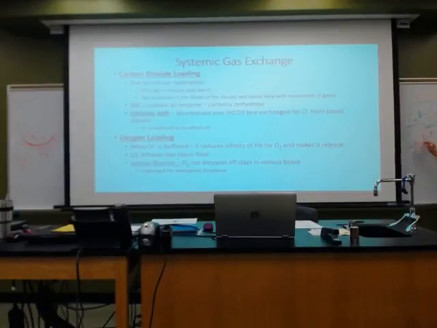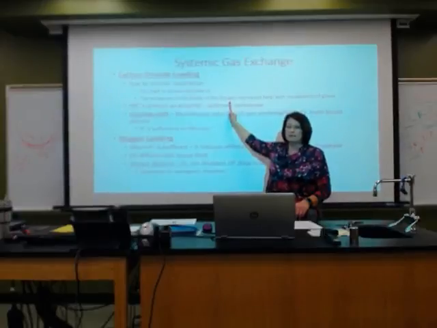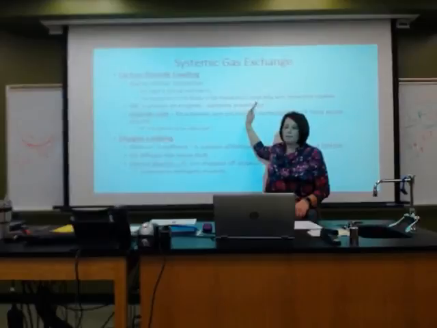Oxygen is low. But these cells, they're fed by that capillary bed. Is that correct? So what we're going to see happen is there's going to be, at the cellular level, at that tissue, a